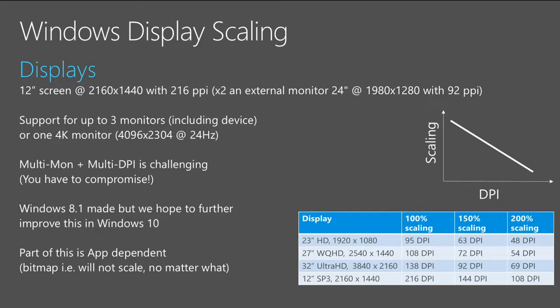And yes, Windows, it's not perfect managing that scaling. It's not only a fault from Windows, it's also part of the applications. If you use applications with bitmaps, we cannot scale that, right? It doesn't scale. Yes, we know there are certain components in Windows that still do not scale properly. We are working on that. We improved a lot with Windows 8.1, but Windows 10, we hope that it will improve a lot, if not